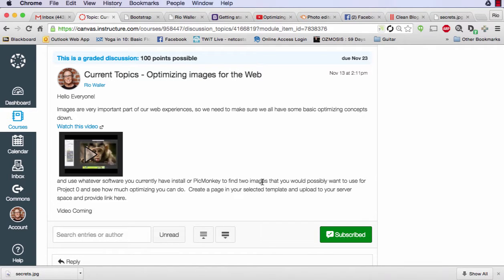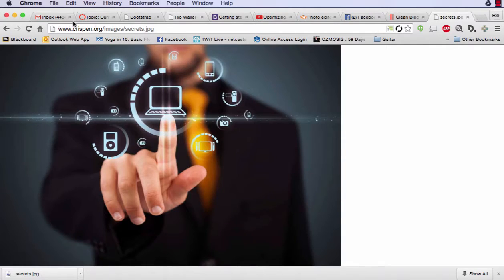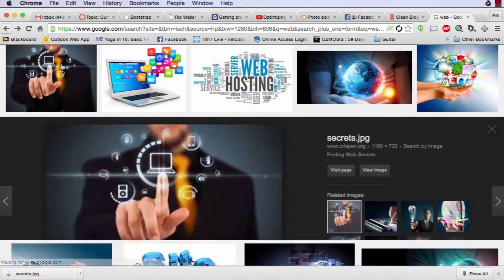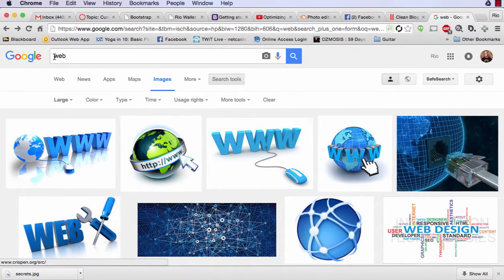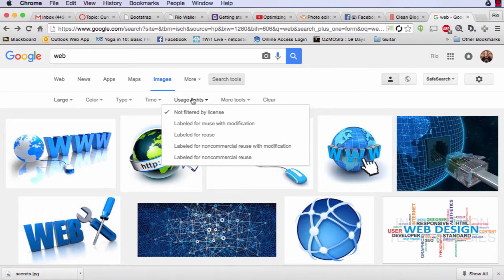Find two images, right? Either you have images already, or, as I did, I went to Google Images and searched, where he did large, right? So when you first come in, you can do videos, and then you can do more tools. And look at this, you can even do by labels for